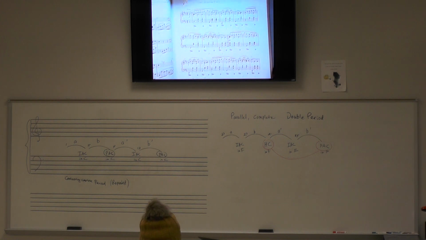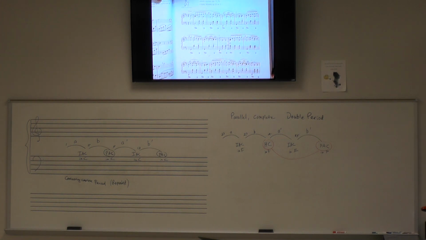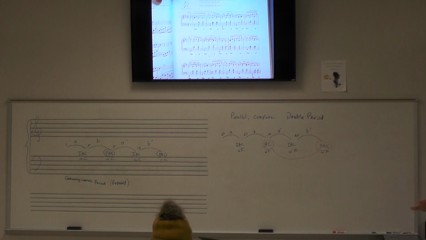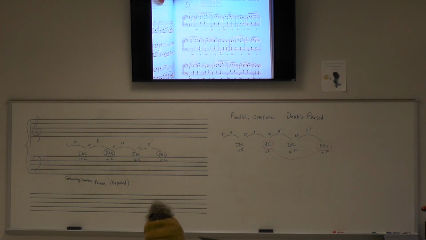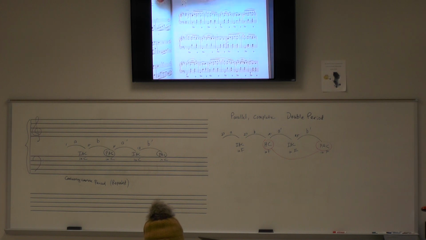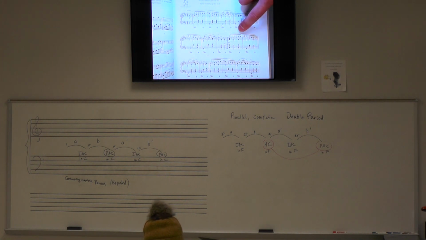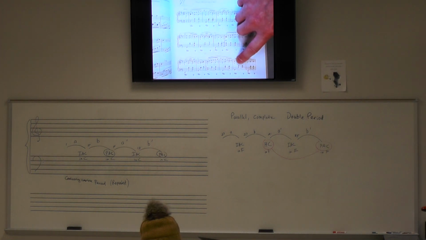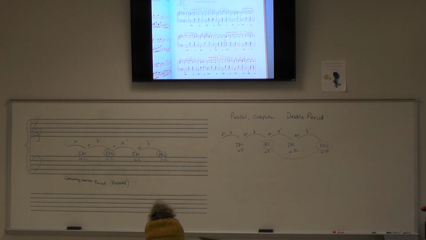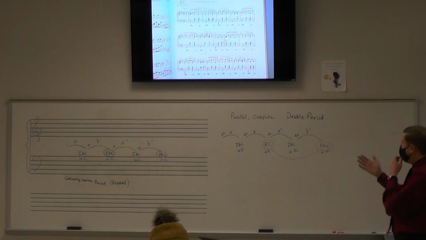This one goes a little bit faster. Go ahead and YouTube this one as well: Chopin Mazurka, Opus 33, number 2. It starts right at the beginning, so on YouTube you'll be able to listen to it. Notice that the author gives you Roman numerals or chord analysis symbols at the important points in this passage. That will tell you how many phrases there are, and you can identify the cadences pretty readily. Then go ahead and graph this one and give it a label and descriptive terms as well.